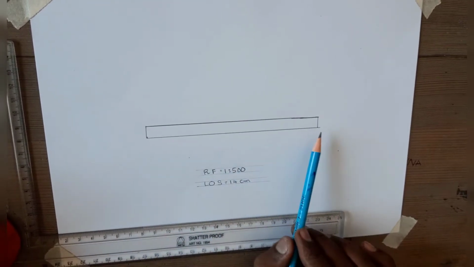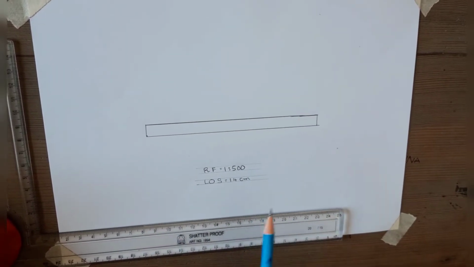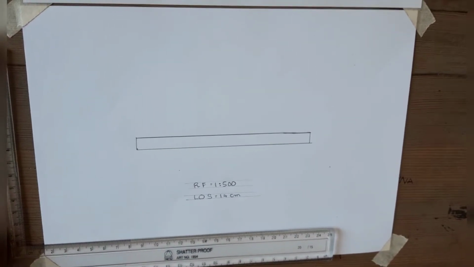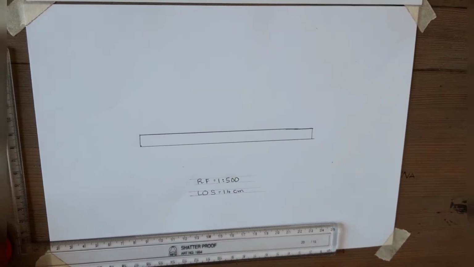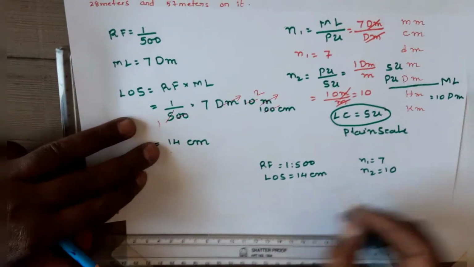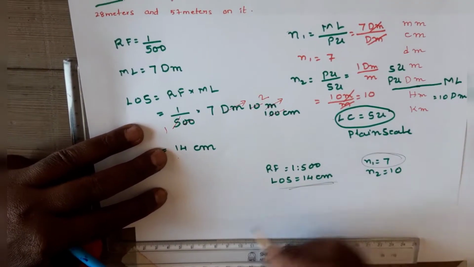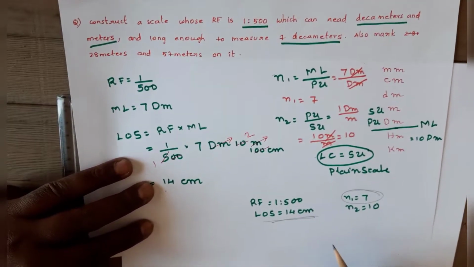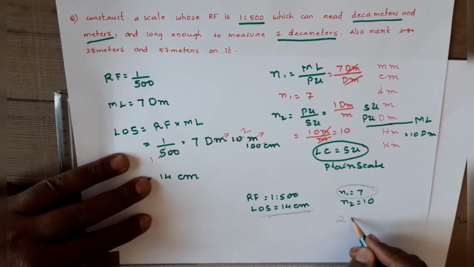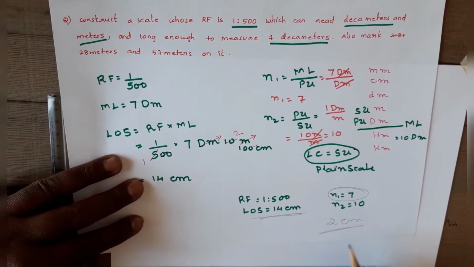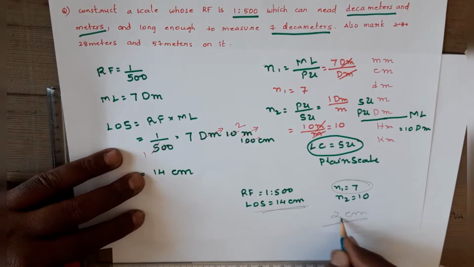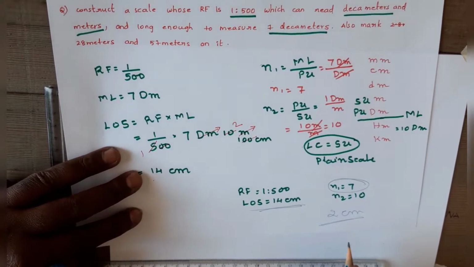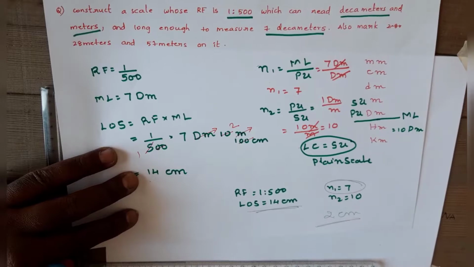So what I have to do, this is the main scale. We have to make primary divisions on it. How many primary divisions do we have? 7. N1 is 7. So that is the primary division. Sir, here if you observe, the length of the scale is 14 centimeters. Primary divisions are 7. So once you divide 14 by 7, what will happen? We got 2 centimeters. So if the length of each unit comes to 2 centimeters or 2.5 or 1.5 like that, then use the scale to mark the primary divisions.